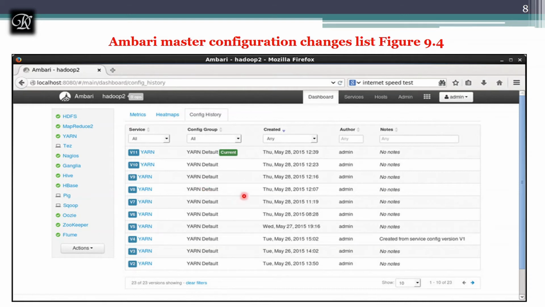You can check out the date and authors, sorry, not data, date and authors, and the default configuration group to which they belong. So all these services are listed, and it has many services. At present we are showing only 10 services. If you want more, as you know, it's a simple graphical user interface, you can check it out.